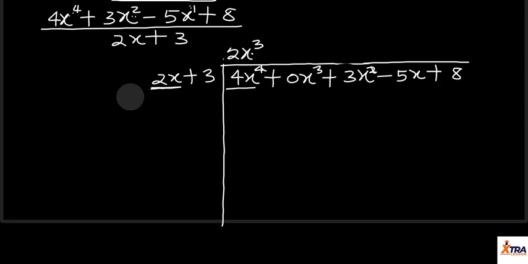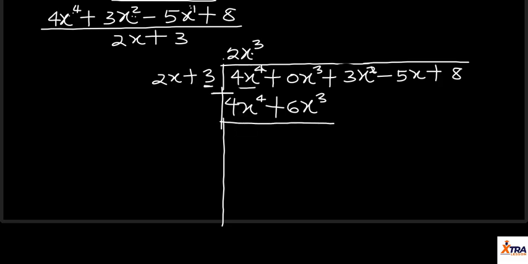So how do we do that? I just say 2x cubed times everything here. We have done multiplication of polynomials, so we know 2x cubed times 2x will give us 4x raised to the power 4. Then we have plus 2x raised to the power 3 times 3, which will give us 6x raised to the power 3. Now we have done this, we now subtract